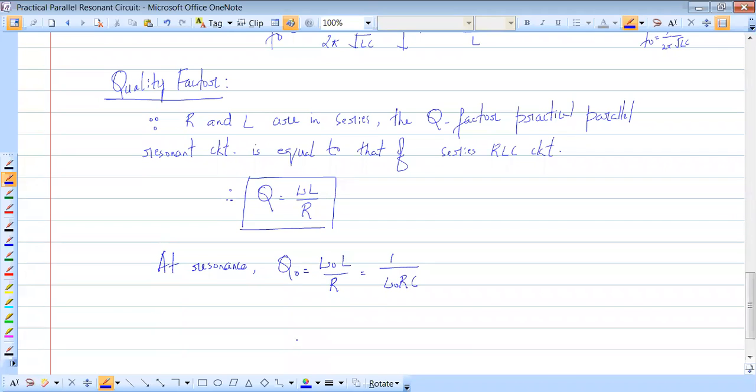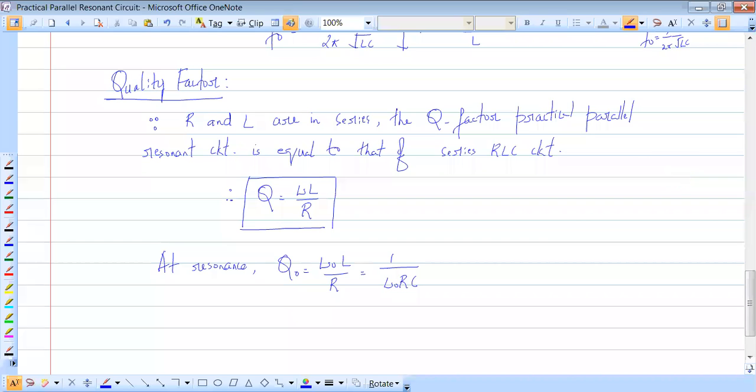Now, why did we write this in the first place? We wrote this because R and L are in series. That's why omega L by R is the quality factor. But at resonance, this quality factor is omega naught L by R, and we know that at resonance, the quality factor of the series RL circuit is equal to the quality factor of the series RC circuit. So in that sense, these two terms would also be equal. I hope you agree with me.